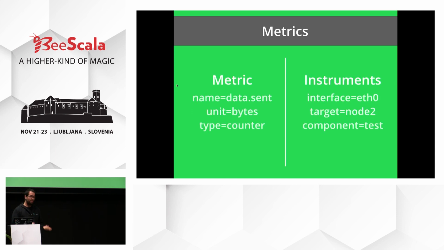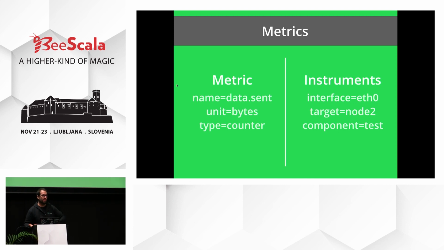Then you have metrics. The whole point of metrics is that they help you with behavior. So the context allows you to share data across different parts of your infrastructure, and metrics allow you to measure behavior. And usually, every metrics library out there will have a version of a metric and an instrument. A metric tells you what it is that you are trying to measure. An instrument is an instance of that metric that tells you, I'm measuring that for this particular component of the app. So in this example that we have here, imagine that we have a metric called data.send.